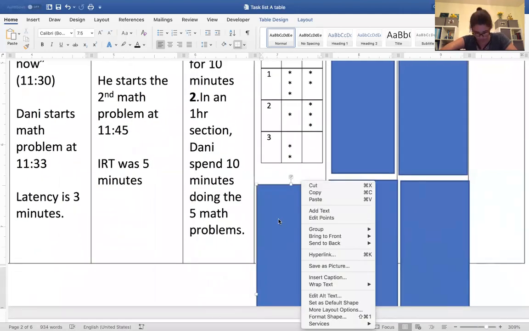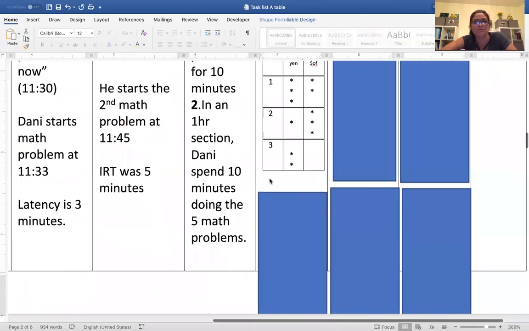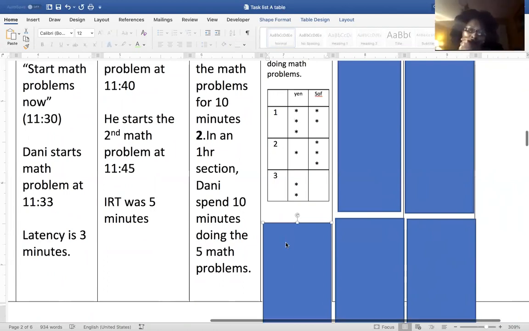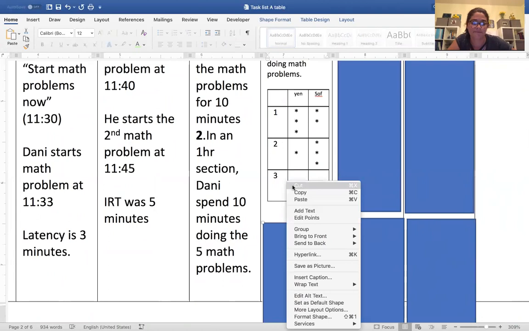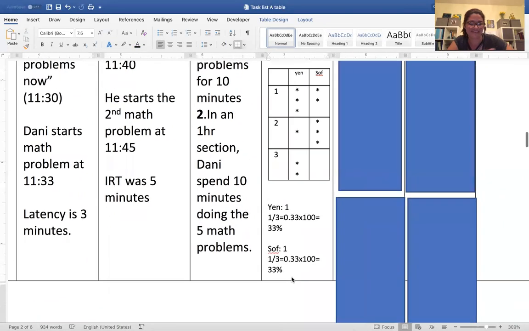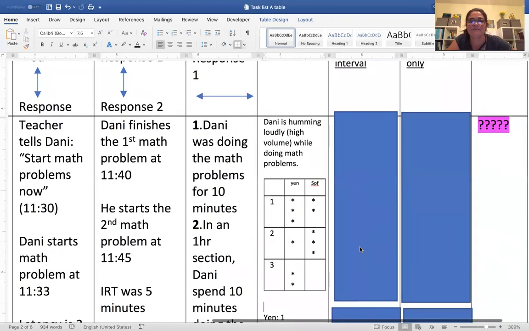So what would be the math? Let's just focus on Jenny. What would be the math? We already went through the formula, guys, so you already know. It's 1 over what number? 3. Over 3. Equals whatever number, and we multiply that by what? 100. 100. Awesome, guys. Look at that. You got it. All right.